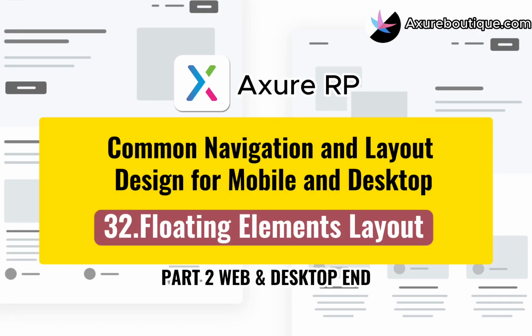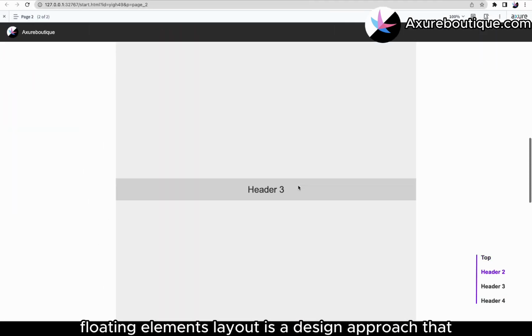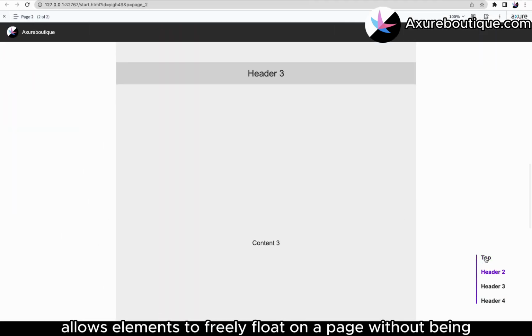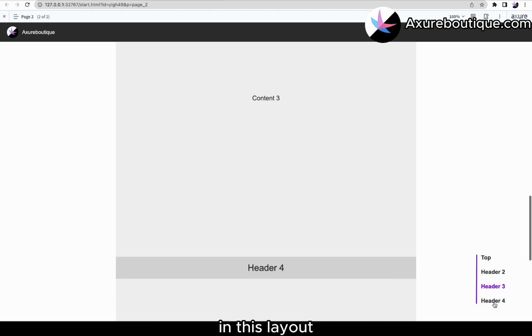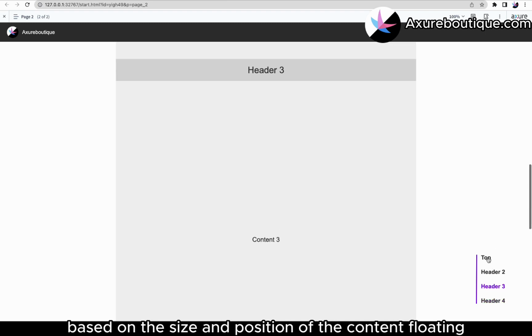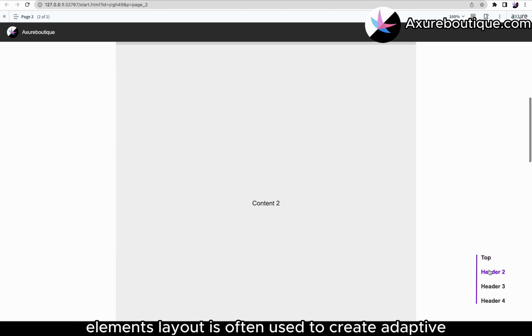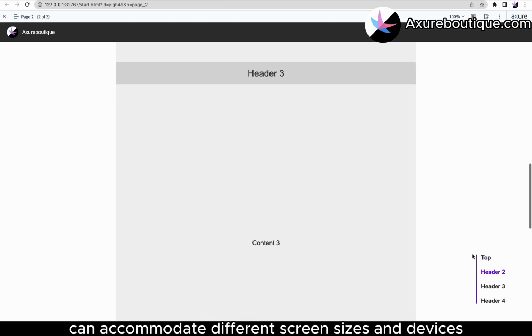Today, let's learn how to create a floating elements layout. Floating elements layout is a design approach that allows elements to freely float on a page without being constrained by strict grids or containers. In this layout, elements can automatically adjust their relative positions based on the size and position of the content. Floating elements layout is often used to create adaptive and responsive designs that can accommodate different screen